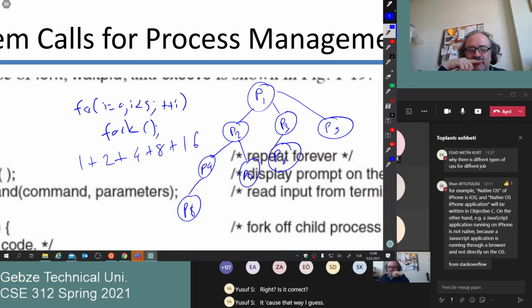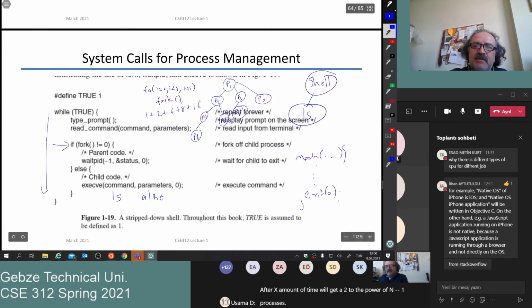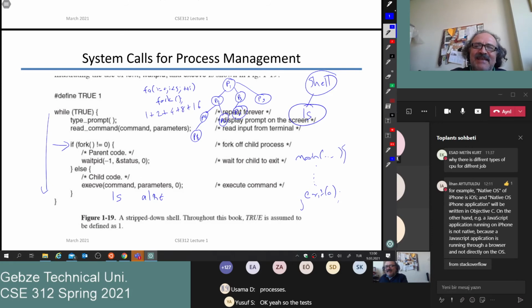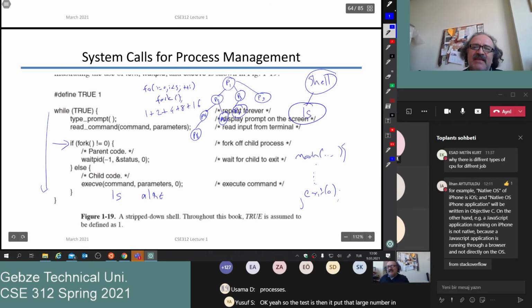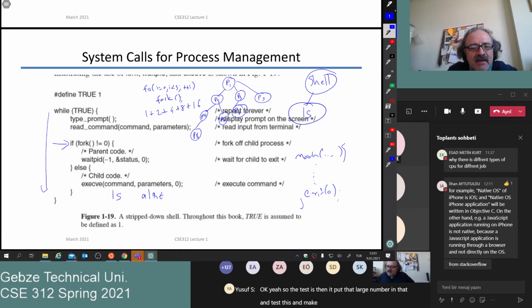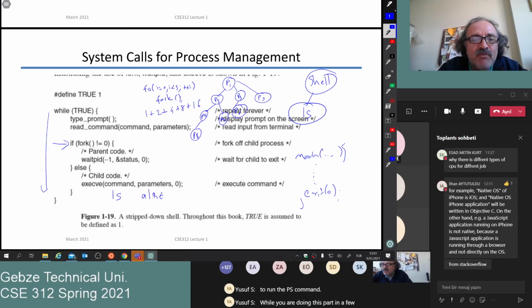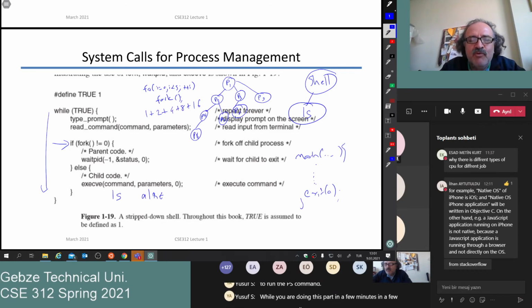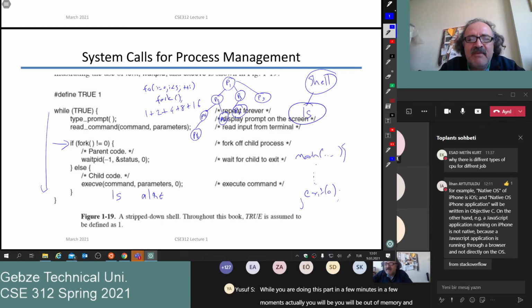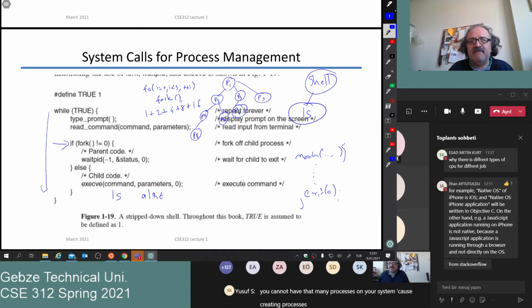It goes that way, I guess. After a certain amount of time, we will get 2 to the power of n minus 1 processes. Okay, yeah. So test this, put a large number in that and make it run. Try to run the ps command while you are doing this. But in a few moments actually, you will be out of memory, and you cannot have that many processes on your system